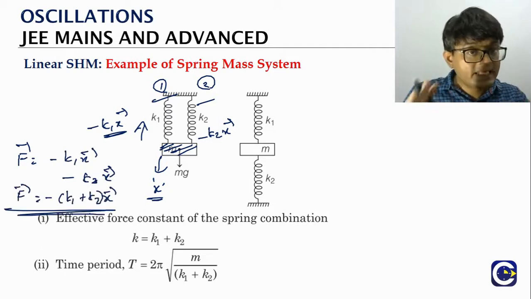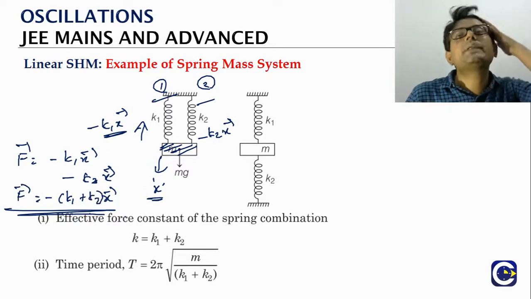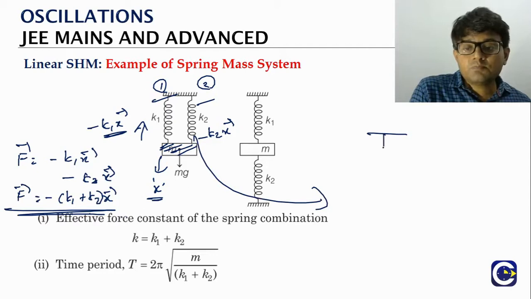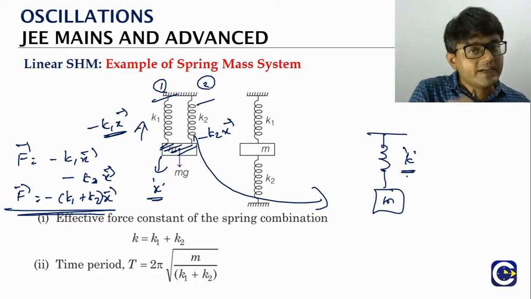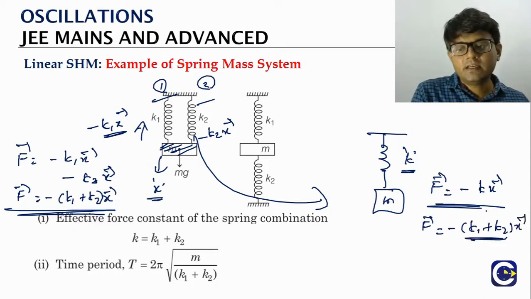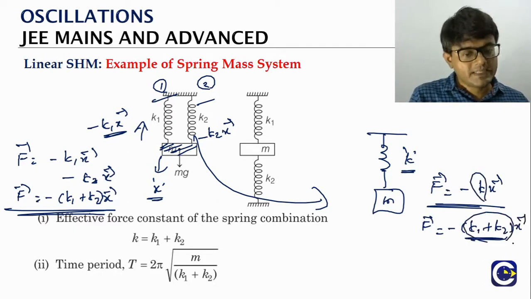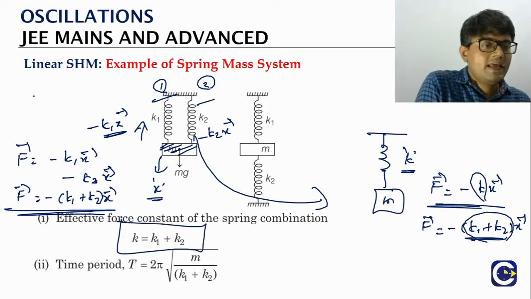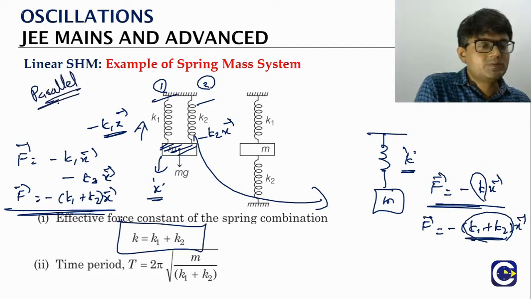In the case of springs, even in the laws of motion chapter, we talked about the idea of effective spring constant or equivalent spring constant. If we have two springs and we replace both of them by a single spring of constant k, that's what we call the effective spring constant. If you replace them, F is equal to minus kx, right? Now compare this equation with what we have. Comparing, the effective spring constant will be k1 plus k2. This arrangement is what we call the parallel arrangement of the springs.